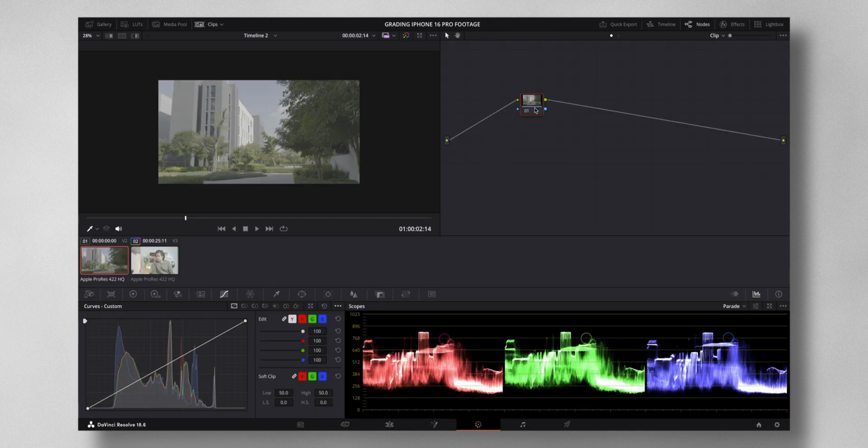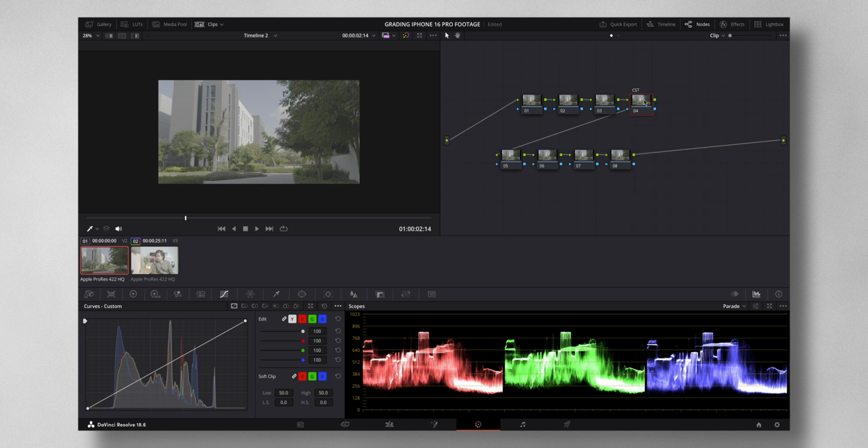I'll be creating a couple of nodes. I click Option and S to create nodes. So I'll create 4 nodes on the top and 4 nodes below, and it's a pretty easy workflow. I will show you one by one. So the very first node that I'll be adjusting will be on the 4th node, where I will be changing the log footage to a standard picture profile that is Rec 709. So I will just rename this to color space transform,